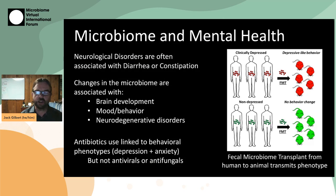And changes in the microbiome are often associated with neurodevelopment, with neurodegenerative disorders such as Alzheimer's and Parkinson's, and also mood and behavior, which can vary throughout our lifespan. We also know that antibiotics are often linked to behavioral phenotypes like depression and anxiety, but interestingly, antivirals and antifungals are not, suggesting that it's the killing of bacteria in the gut which has the biggest association with the onset